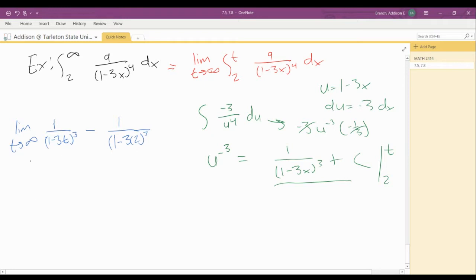If we evaluate this, we can see that we get approximately 1 over negative infinity right here, minus 1 over negative 5 cubed. That 1 over infinity, the limit of that is going to go down to 0, minus 1 over